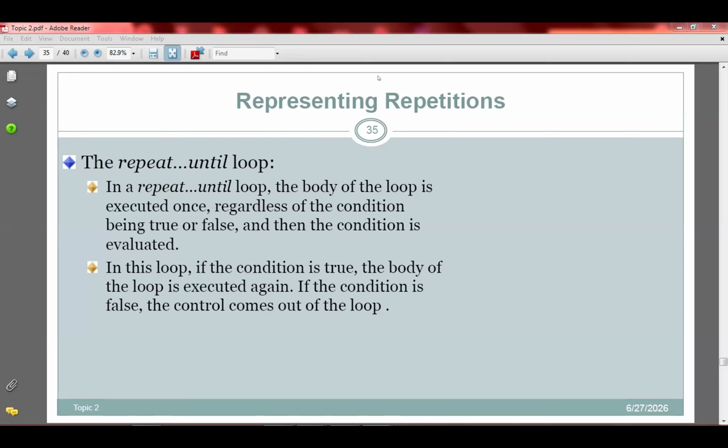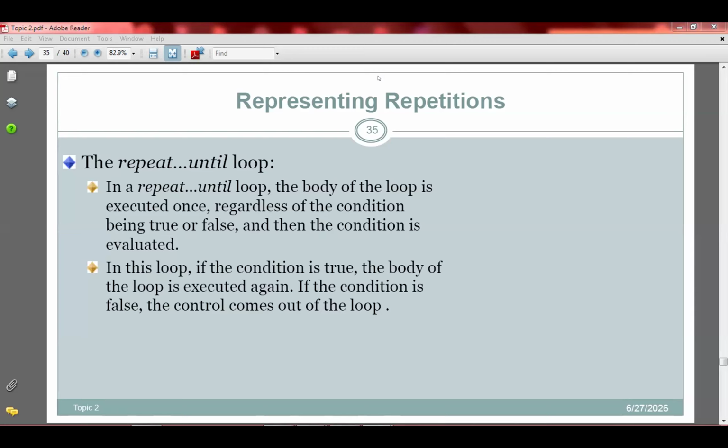So let's look at the difference, using this session as an example. With the while do, you ask yourself, am I done with this semester? When the answer is no, you are not done, you come and join the session. The session is the action you are performing. But with the do while, you first join the session. Maybe you do the first one, and then you ask yourself, are we done? No, next week we are coming back. So that is the difference between the two.